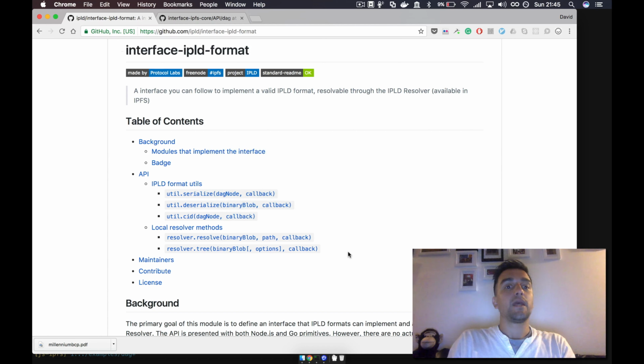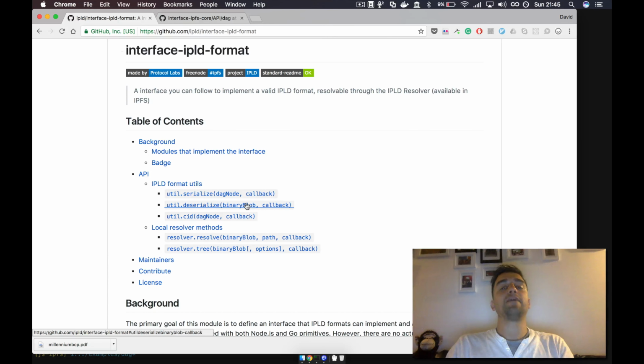All you have to do is follow the interface IPLD format and implement the operations defined on its spec. As soon as you have built this module, you are good to go, and your numerical graph is now supported. With this, you get a canonical way to manipulate numerical graphs through IPFS. And more, you can leverage the discovery properties of IPFS to find where the data for your graph is located and transfer it through the network, so that the only thing you have to worry about is really using the data